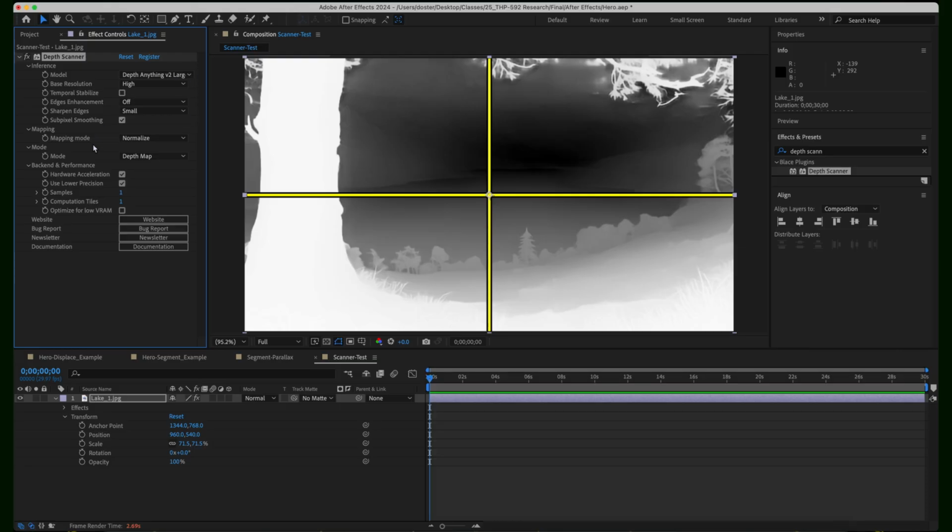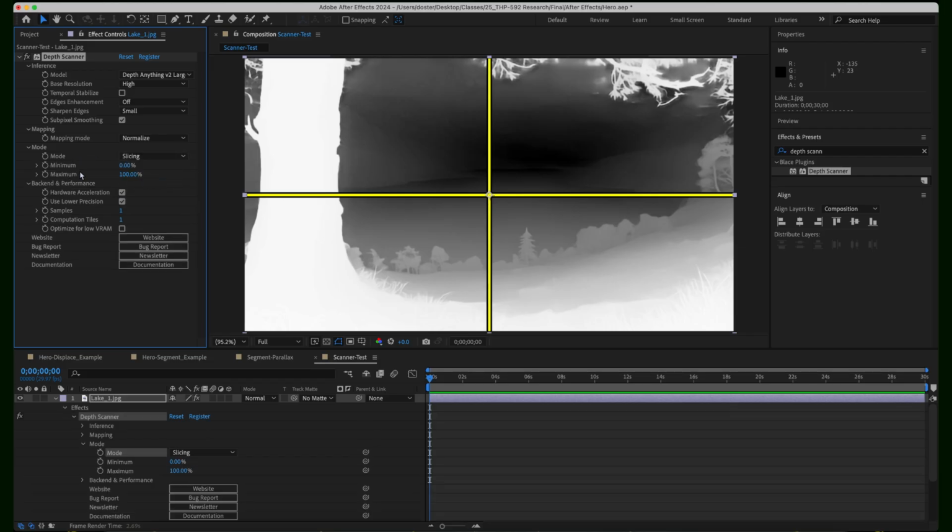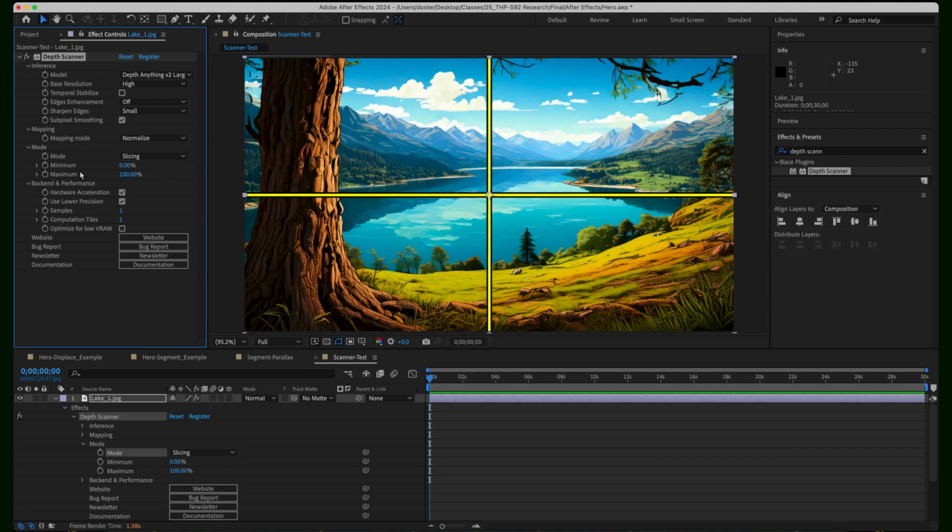And this is one feature of depth scanner, but you can also come over here to mode and change it from depth map to slicing. And for creating our parallax, we're going to actually want to work in the slicing mode. So if we click into that mode, we see that we have two parameters here. We have our minimum percentage and our maximum percentage. So if we just play around with those a little bit,